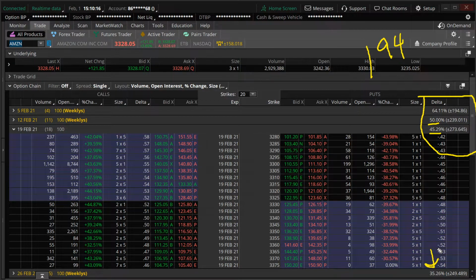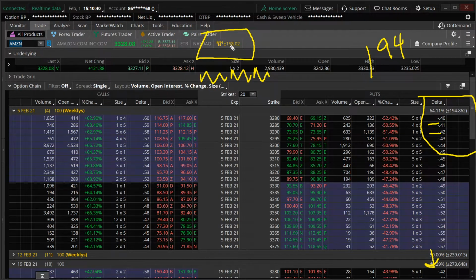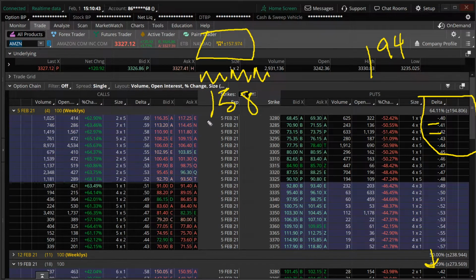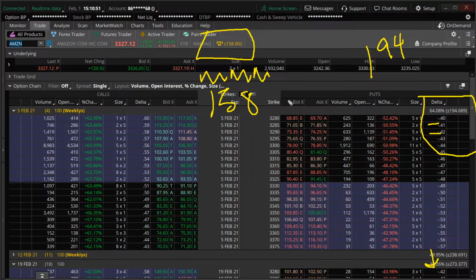Why is that? Because that earnings event is this week, and the option prices for this week are going to be more expensive than previous weeks because that implied volatility is high for that earnings event. The next thing that you can look at is the market maker's move. The market maker's move, triple M, is $158 on the earnings event. Meaning, if Amazon moves $158 higher or lower, that's what the market makers are expecting.